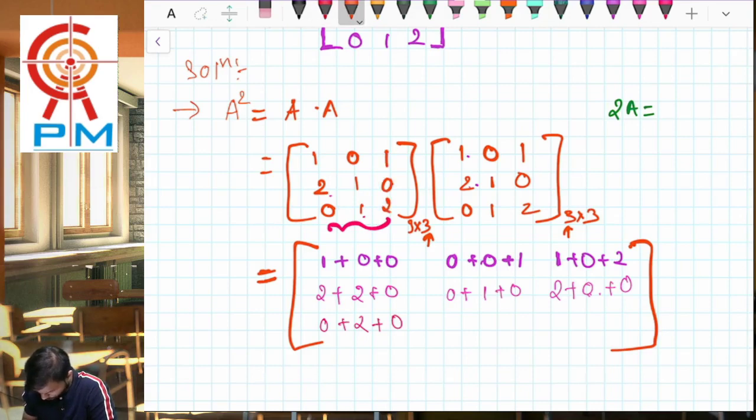1 0 2. Yes. Now where was I? Now this last row is going to get multiplied with the second column. So 0 times 0 is 0, 1 times 1 is 1, 2 times 1 is 2, and again this last